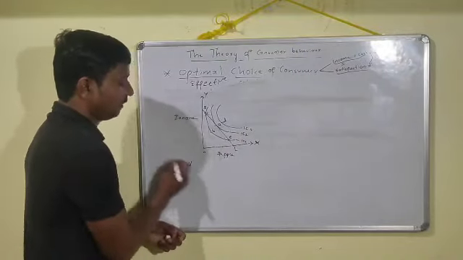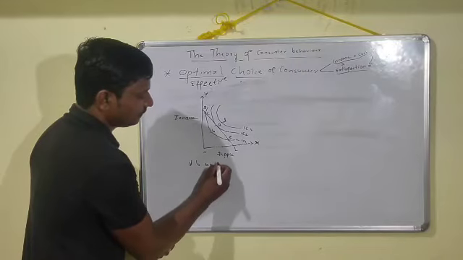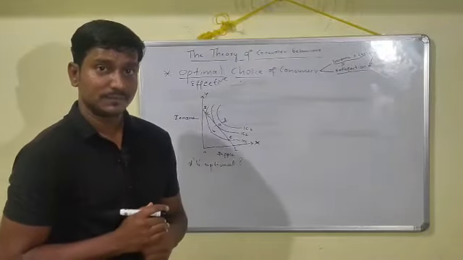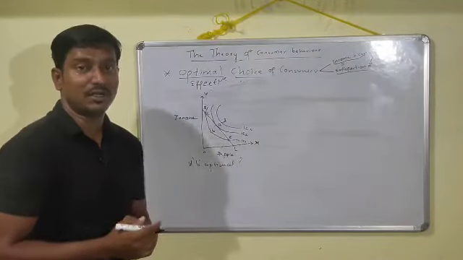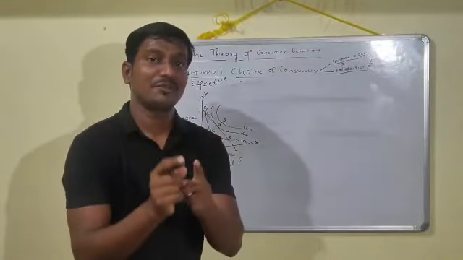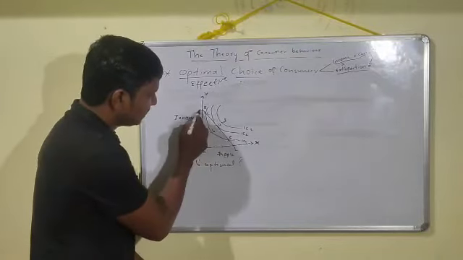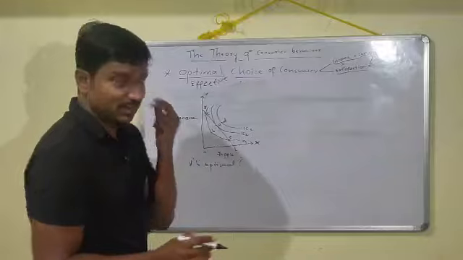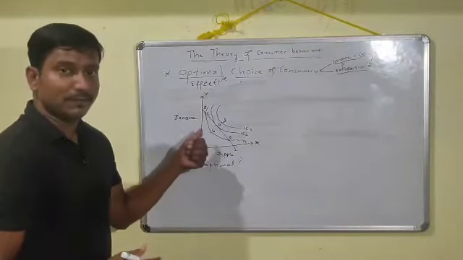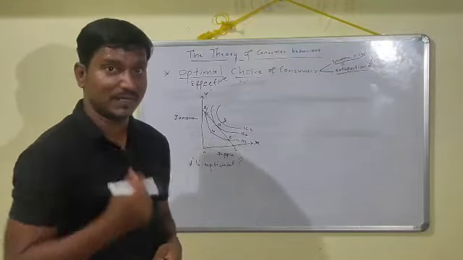The first question that arises in our mind is, is point B optimal? How do you say whether it is optimal or not? If you consider it an optimal point, you must get the maximum level of satisfaction within the level of income. In the diagram, this budget line BL shows your income level, and these are the different indifference curves, and as you already know, different indifference curves show different levels of satisfaction, as we already understood in the indifference map.